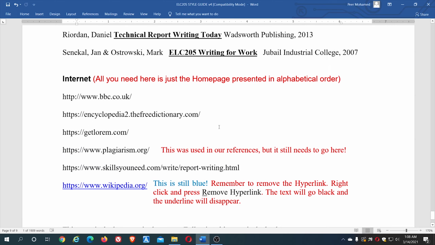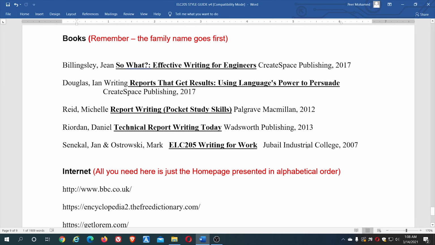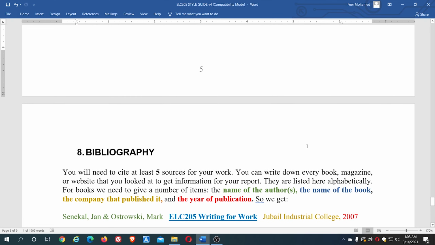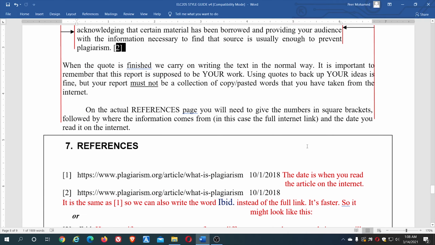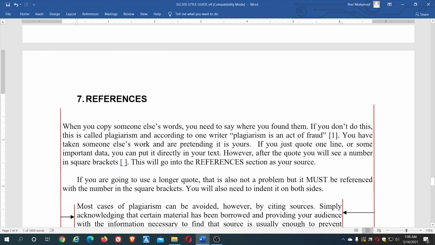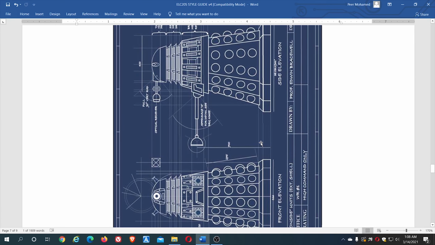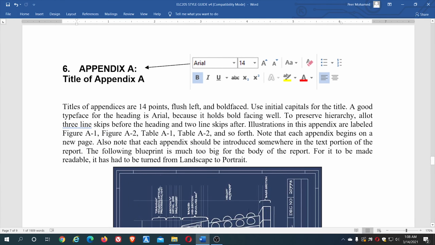So this is how to write a report. I hope it's clear to you. So this is a sample report to give you an idea of how to write a report. Now I will show you practically with a student's project report, so that you get an idea of how to write a report.